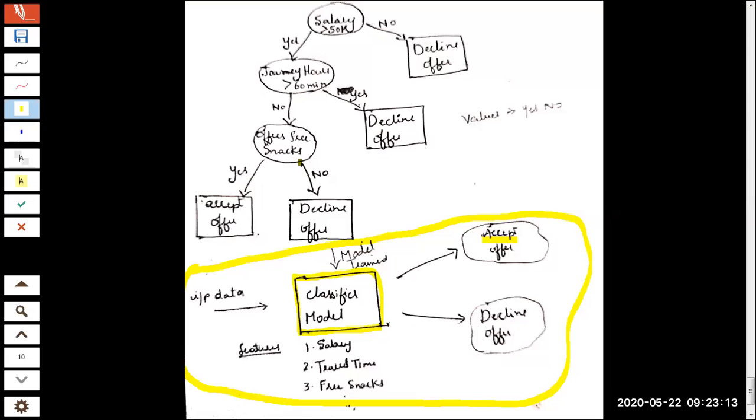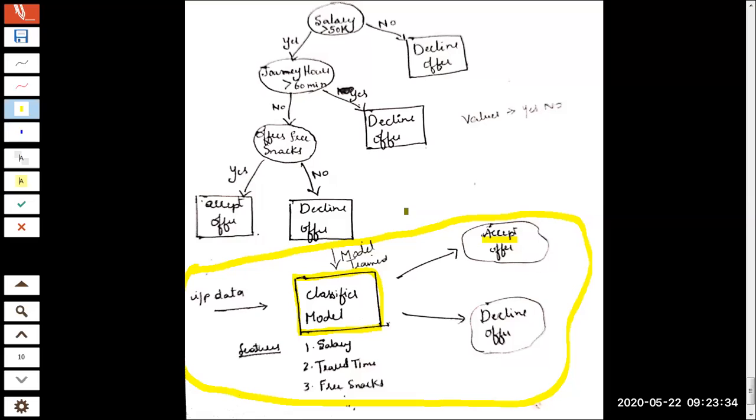Okay, I'll continue with my explanation. We are trying to study a classifier which will help us decide whether a person should accept a job offer or not. If there is some improvement in the audio, please confirm. The fan was running, I have switched off the fan.